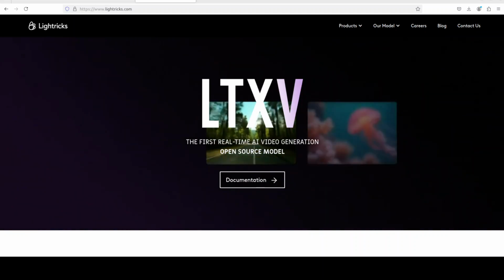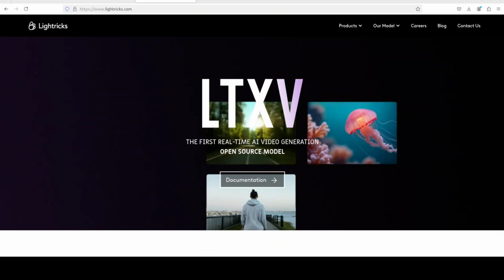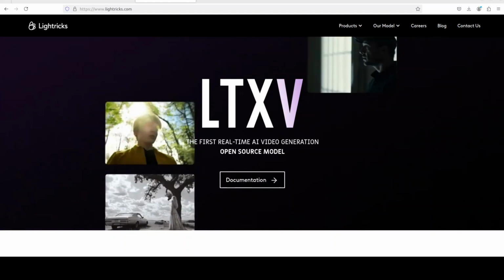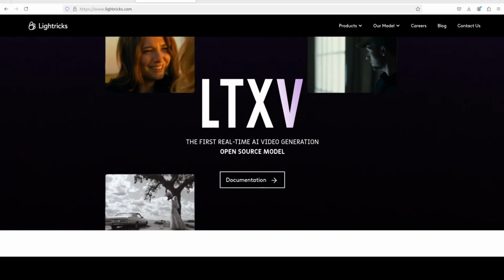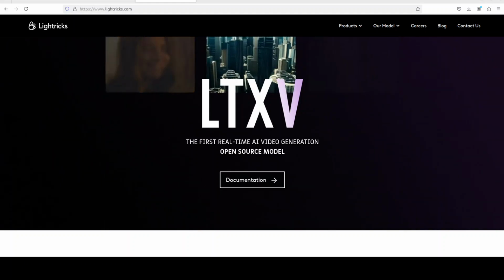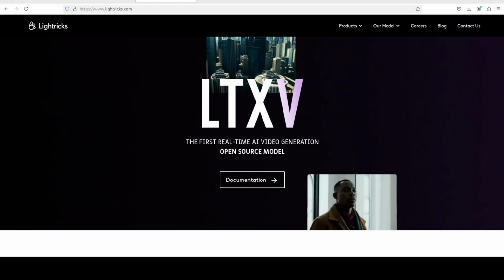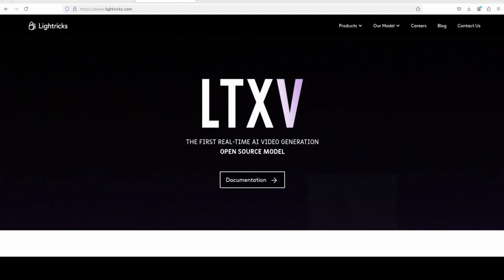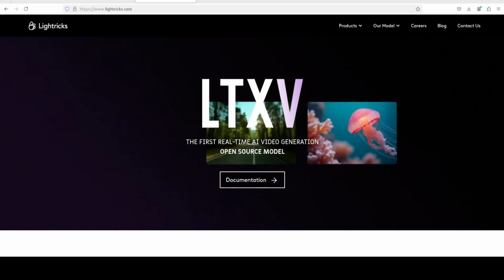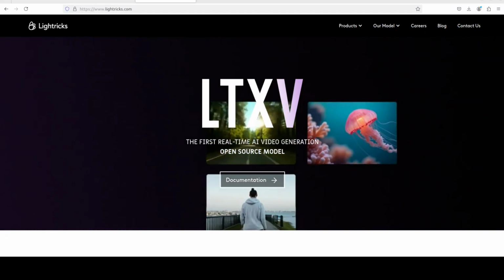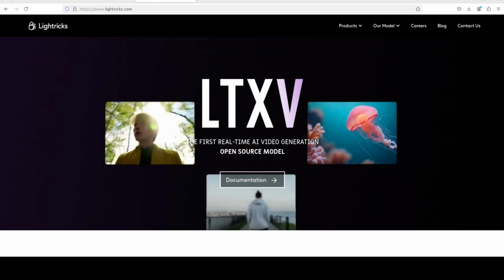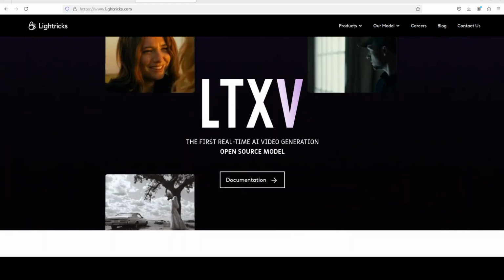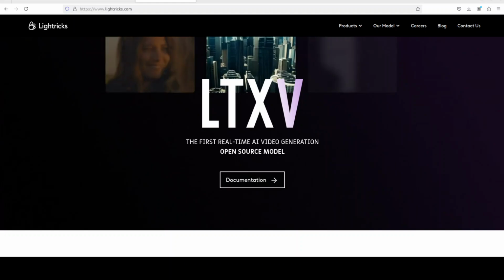I'm very excited to share with you this text to video or image to video model called LTXV. The model is of very good quality and it gives all the power to your prompt engineering skills. The better the prompt, the better the video will be. In this video we are going to install it locally and then I will be showing you how you can use it all free, all private, all local to generate videos from your text prompts or image prompts with the